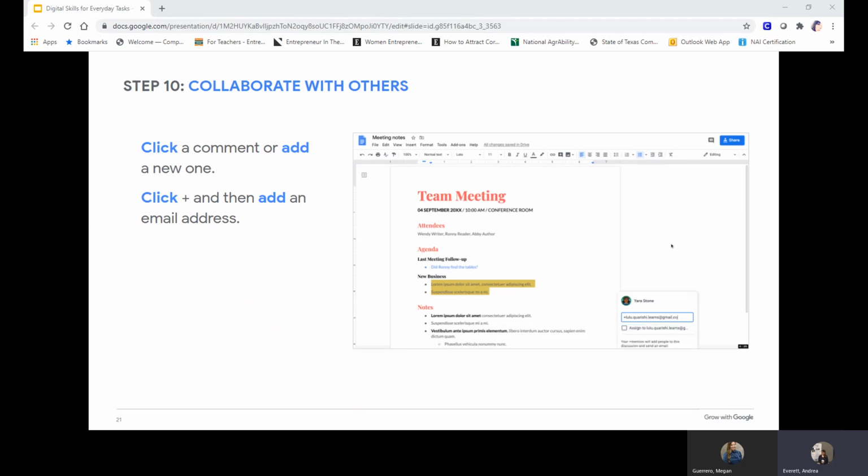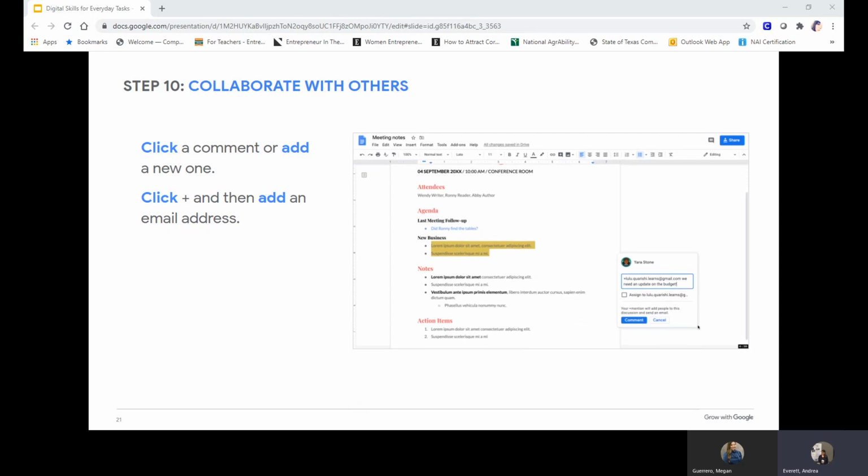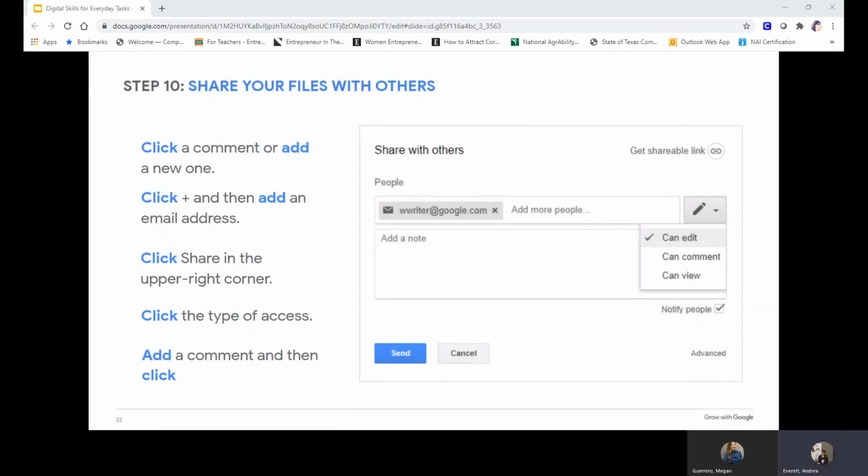And if you want, you can choose to assign the comment to your teammate so that they see it as an action item. When you assign a comment to a person, they will be responsible for resolving it. Once you decide whether or not to assign the comment, select Comment to add it to the document. If your teammates don't have access to the document, Google Docs prompts you to choose what kind of access they should have. So let's talk about different ways to share access to digital files in G Suite.